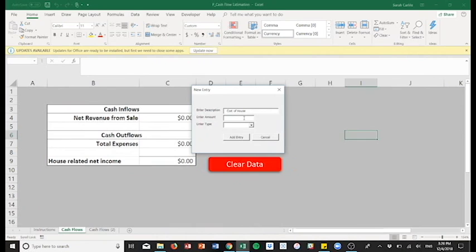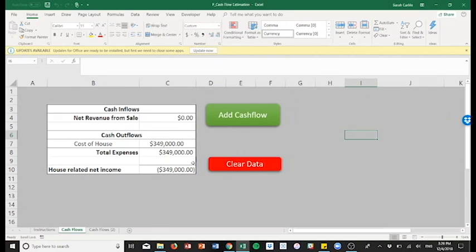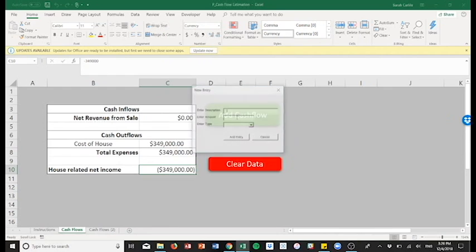So I'll put that in here, $349,000. And if you bought this house, it would be an outflow. Then you add that. And there you have it. You have the cost of the house here with the sum of your expenses, and right now you are in the red, but that is okay